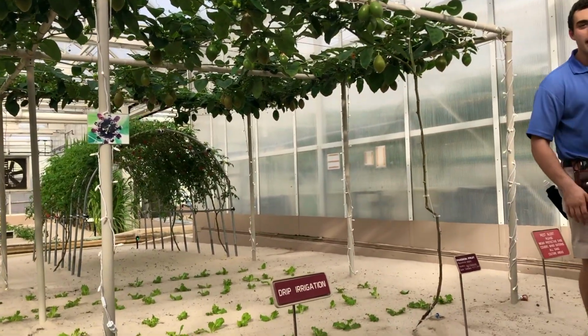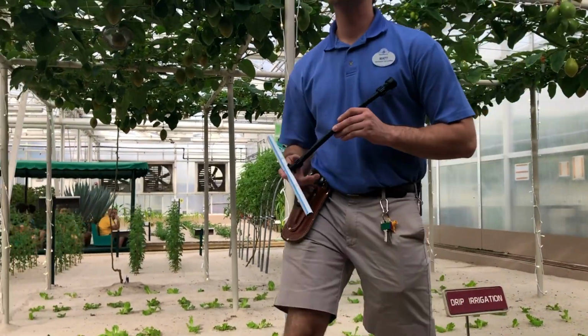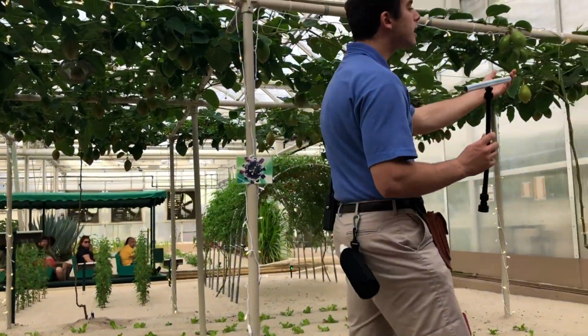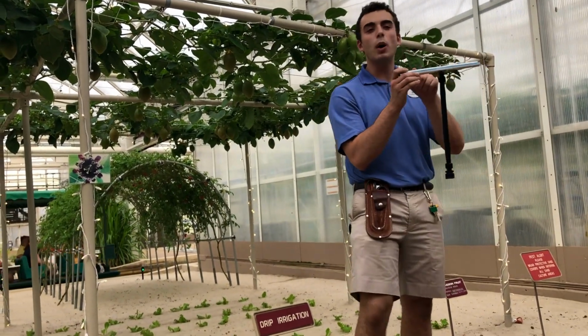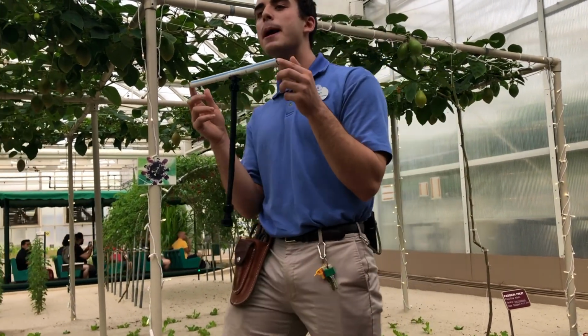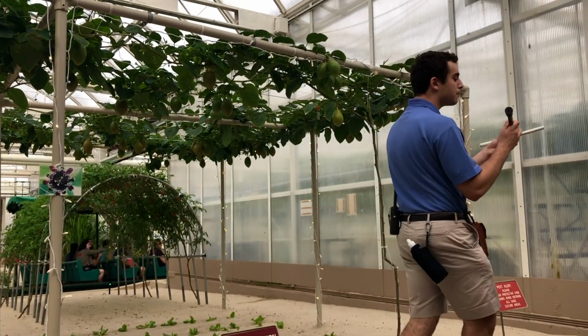Got sand everywhere, right? So, how are we going to irrigate through this sand? It's all going to be underneath. So that nutrient solution is going to leave that injector that we talked about. It's going to hit this white line. This white line is called polypipe, and this is our main line. Once it goes through our polypipe, it's going to hit this black line. This is